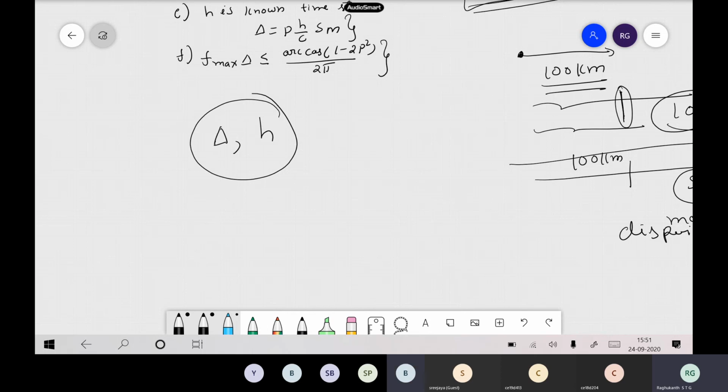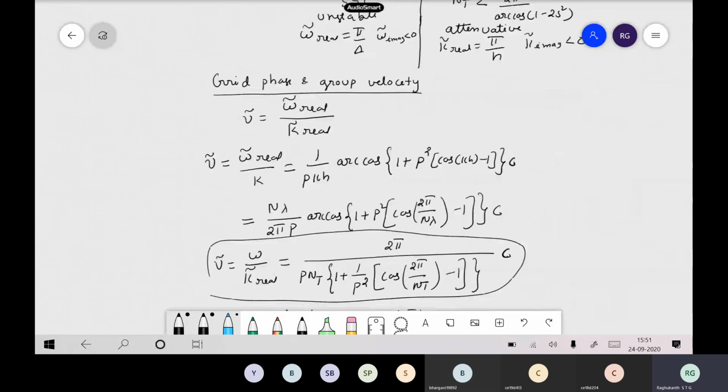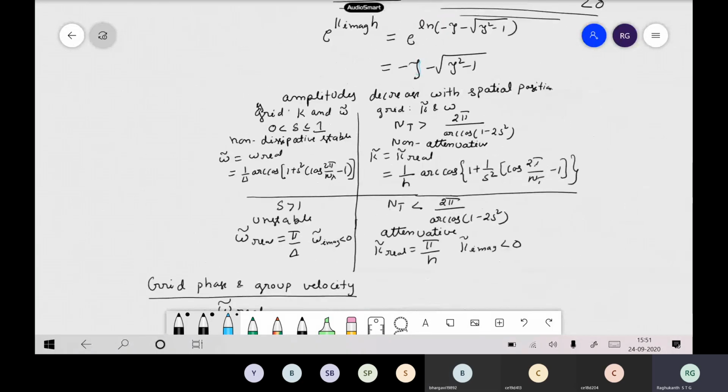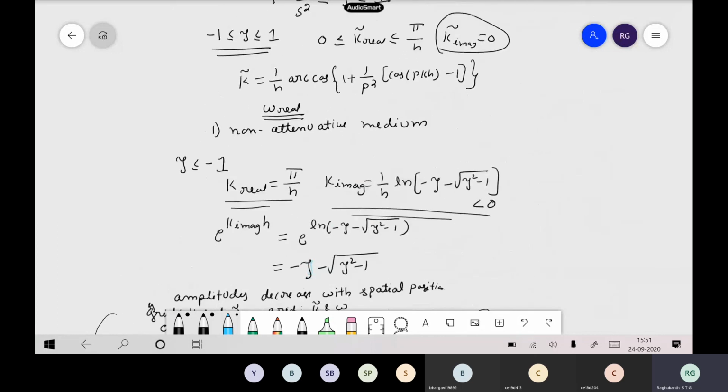So what is the last step? What does F max and into delta mean? No, this comes from, I have skipped actually. See here, as I already told, two steps are there. One is with respect to this, the other one is with respect to this. Now what we have done here, I have not gone into detail, that is psi less than or equal to -1, say. So simply I have mentioned here.